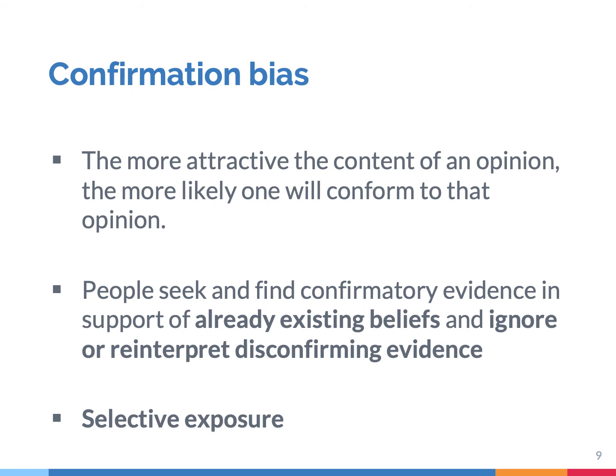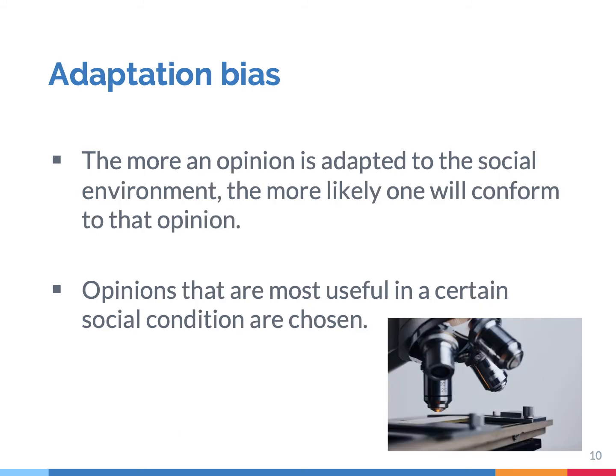In fact, it's likely that you would not have read the scientific study because people selectively expose themselves to those opinions in their environment that are in line with their own opinions. Confirmation bias is an extremely powerful social learning bias. And finally, scholars also argue that some opinions are more attractive to adopt when these opinions are better adapted to their situation. All else being equal, human beings prefer to adopt opinions that work better, that are more useful in a certain context. So some opinions and corresponding behaviors just work better than other ideas and behaviors, and it's more rational, more attractive to copy ideas that work well.